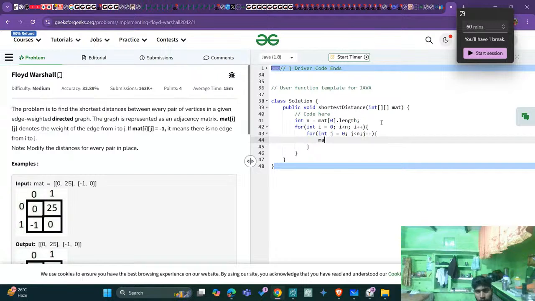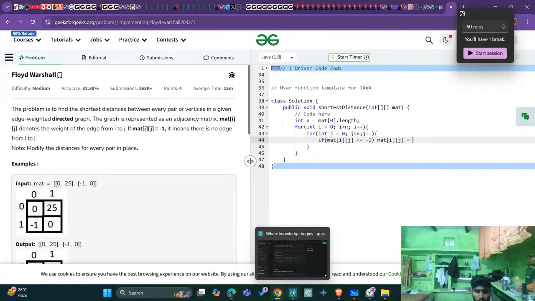Wait a minute. If mat i comma j is equal to minus 1, what we have to do? mat i comma j equal to, how to assign infinity to, right,